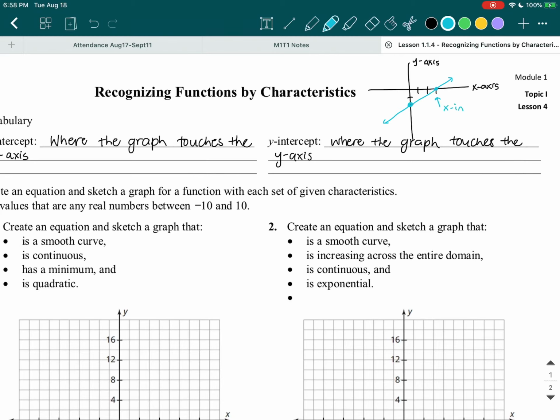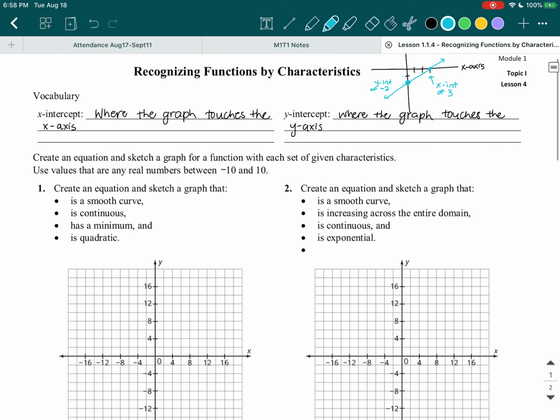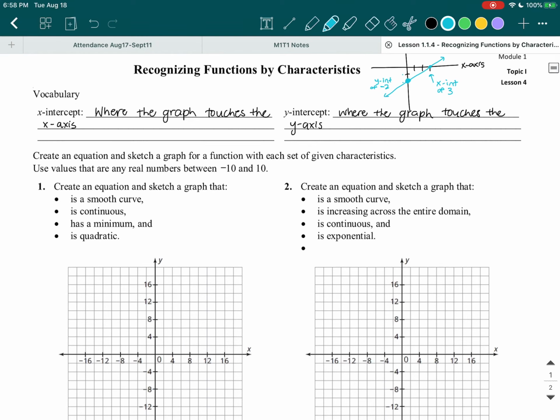This would be x-intercept of 3 because it's at 1, 2, 3. And this one would be a y-intercept of -2 because it's down here, -1, -2. So that's what this looks like. It's literally where your line touches the x-axis, where your line touches the y-axis. All right. So with that in mind, let's get on to drawing